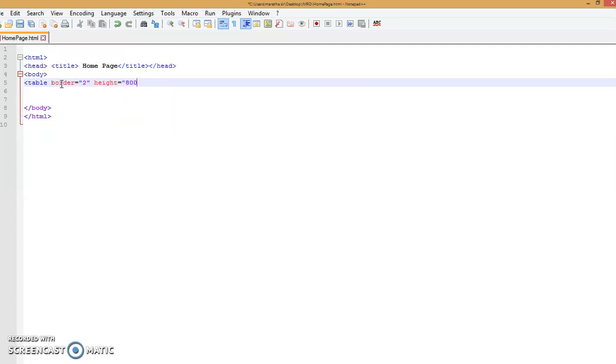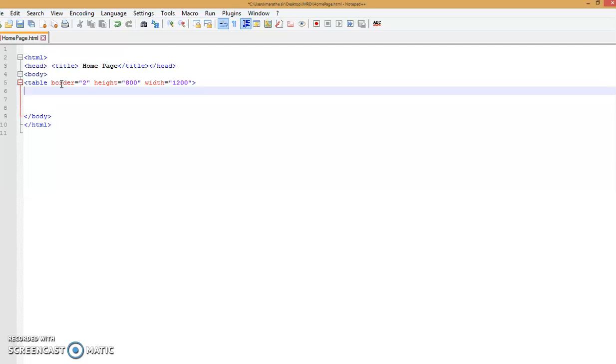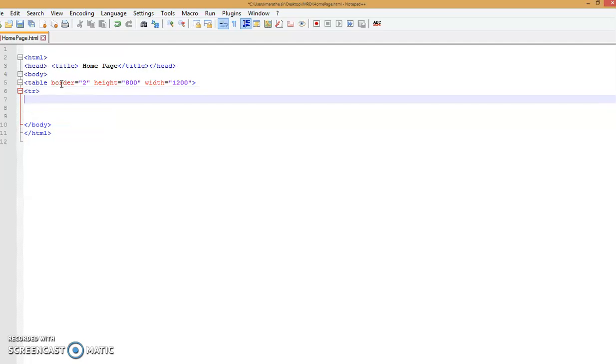600 or 800. Width is equal to 1200. It should be specified as the particular space or size of the table. Afterwards, we use the tr tag, then td. In this td, we enter the particular width